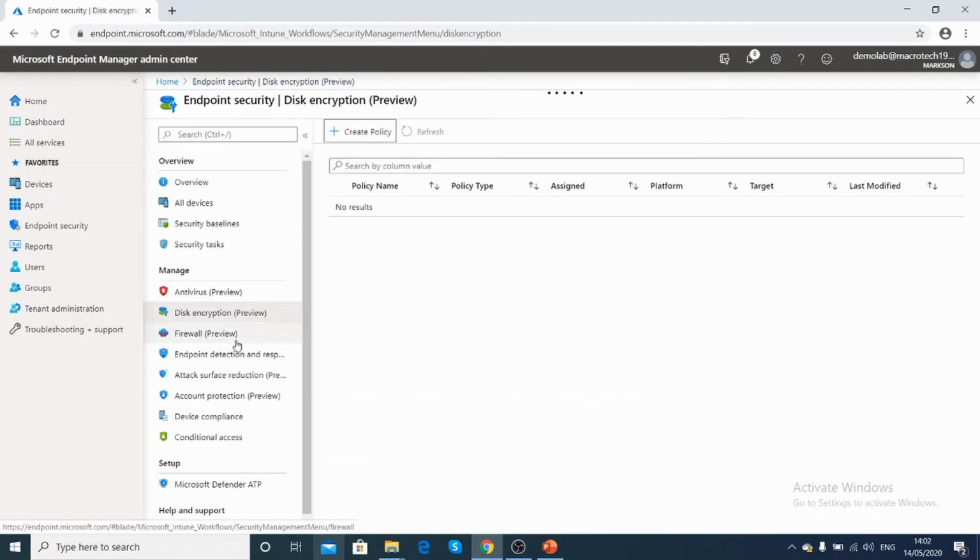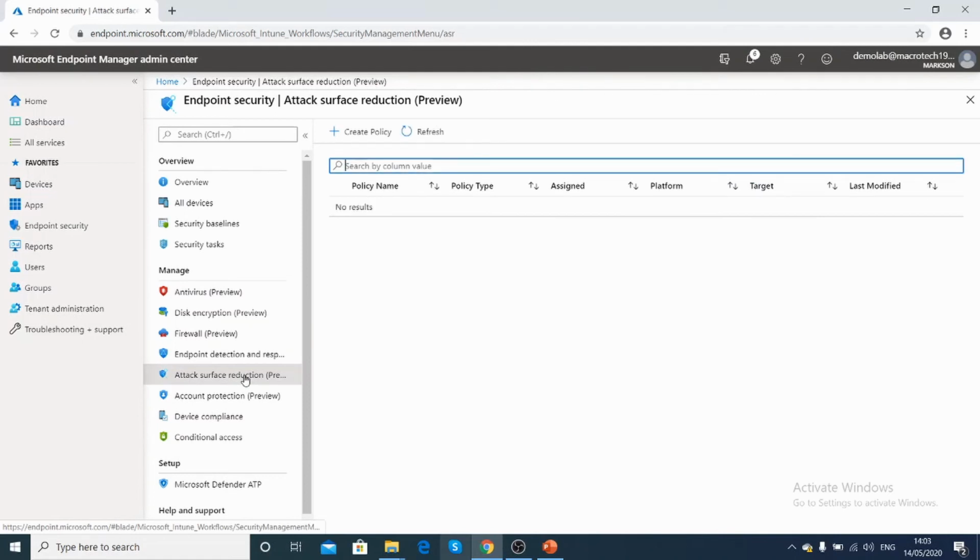The next option available is firewall, which is straightforward. For Windows 10, we have a Windows Defender firewall, which blocks the unwanted network traffic. And for macOS, we have a built-in firewall, and it is used to restrict the apps. So the next option is endpoint detection and response. It is a cloud detection tool specific to Windows 10 and later. So it will respond to all kinds of threat detection, and under attack surface reduction, this is also under preview version.